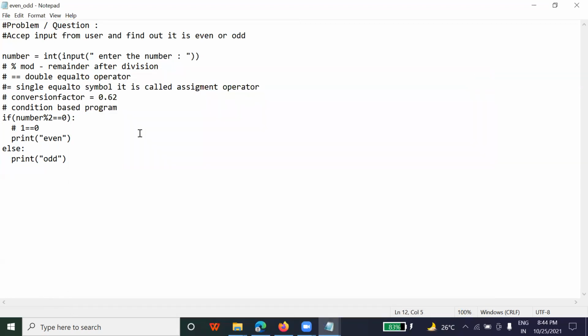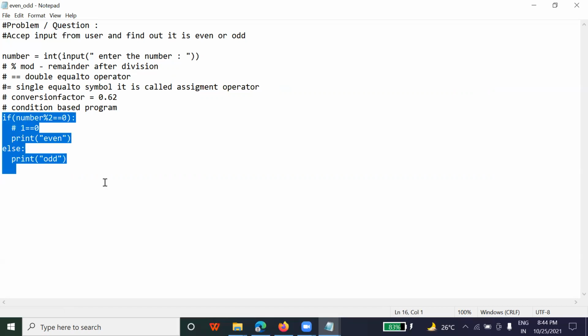Let me explain one more program. Now you tell me how you can find out a positive or negative number. If I ask you, what is called a positive number and what is called a negative number? Sign with minus. Okay, but how will you check it in the condition? How will you apply it in the condition? Just think logically, which number will be called negative and positive? Based on the condition, how are you going to check?